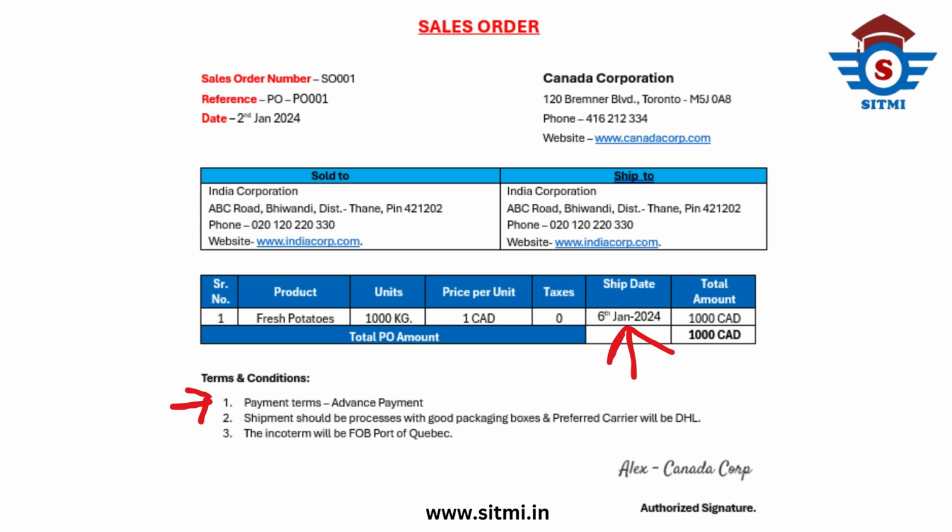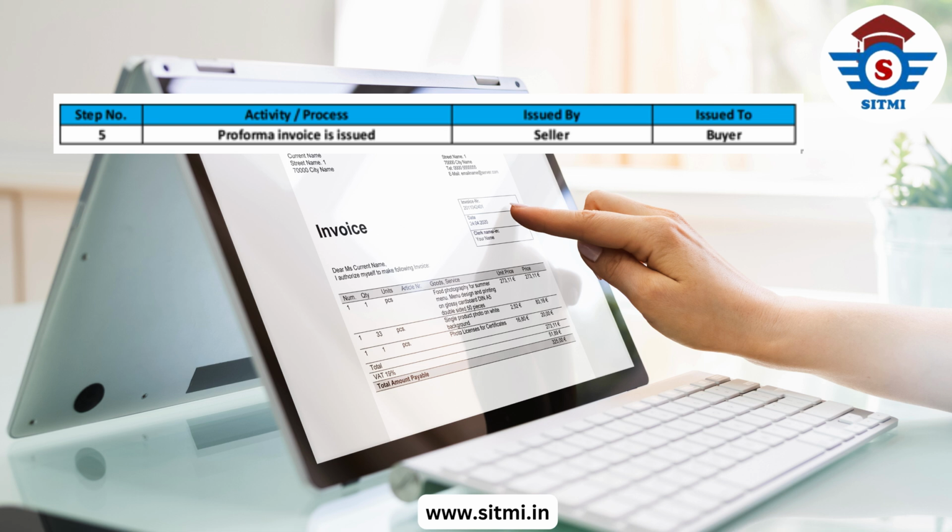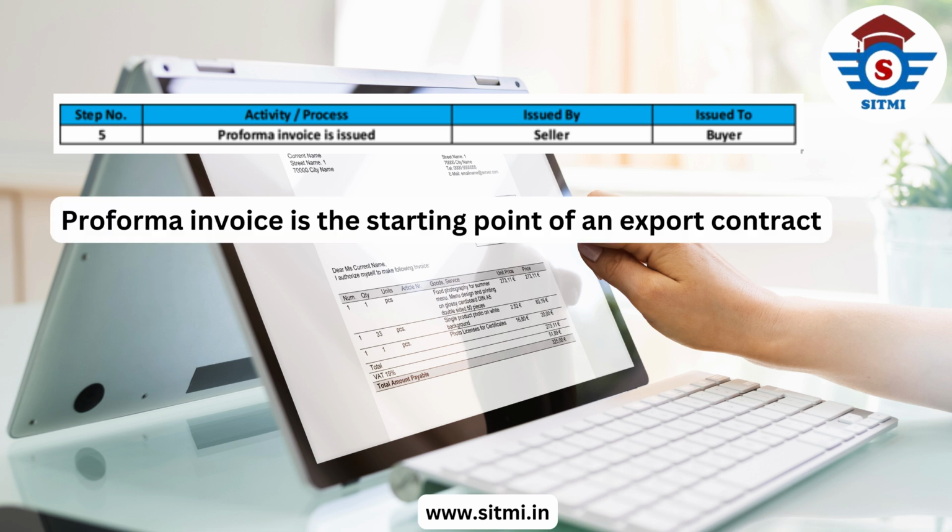In the next step, Proforma Invoice is issued by the seller. Here the Canada Corporation issues Proforma Invoice to the India Corporation. Now let's understand what is Proforma Invoice. Proforma Invoice is the starting point of an export contract. As and when the exporter receives the trade inquiry from the importer, then the exporter submits the Proforma Invoice to the